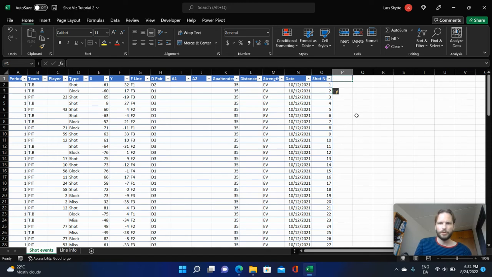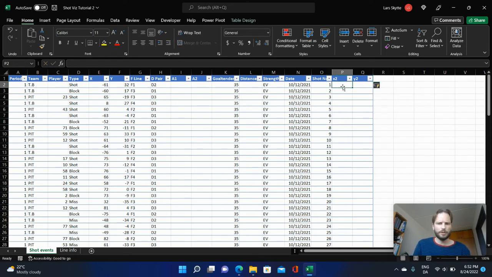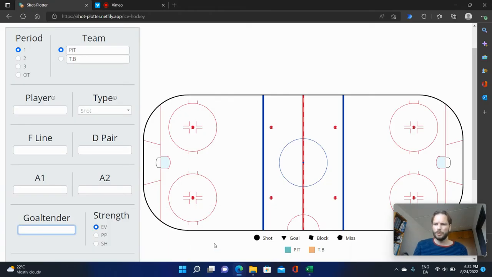Okay, so the next thing I want to do is adjust the coordinates. So the thing is, when you plot shots in the shot plotter, you would typically, let's say you're plotting Pittsburgh shots on this side and Tampa Bay shots on this side in the first period, then in the second period they switch sides. So you would in the second period plot Pittsburgh shots in this end